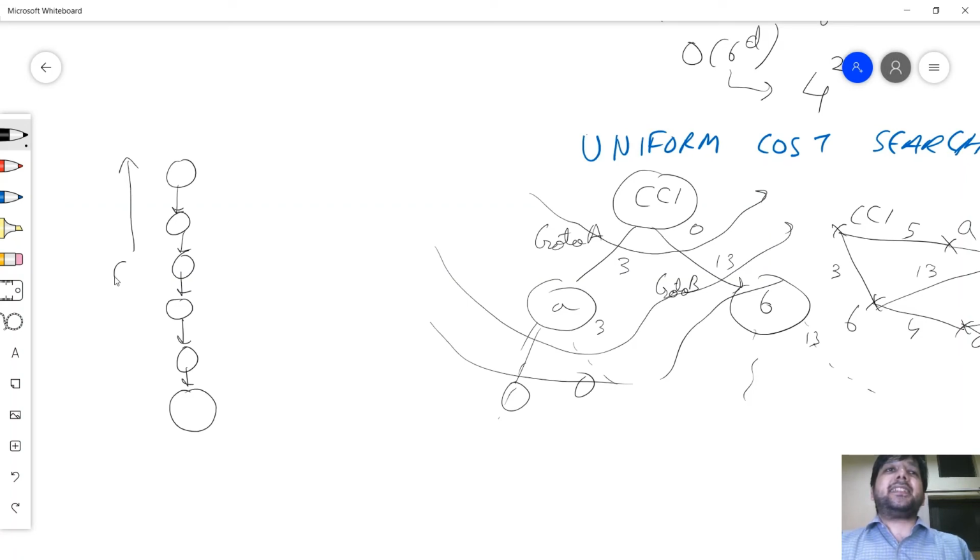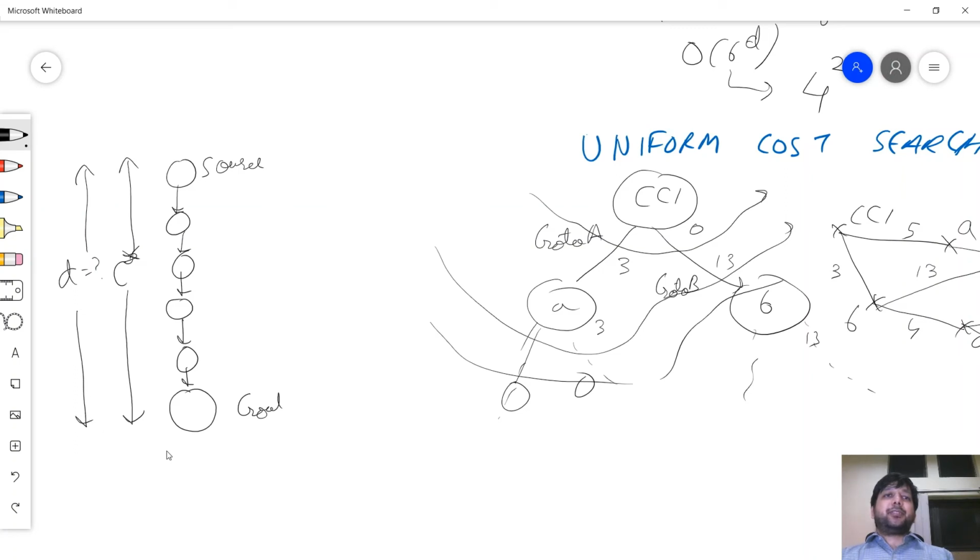So we know that this has a cost of C star. It's continuous. I've drawn a path, by the way. You imagine this entire tree going around till a depth which I don't know. So the complexity is, of course, b raised to power d. The problem is I do not know what this d is. So let's calculate d in terms of what I know, which is C star. C star, by the way, is the cost of the optimal solution.